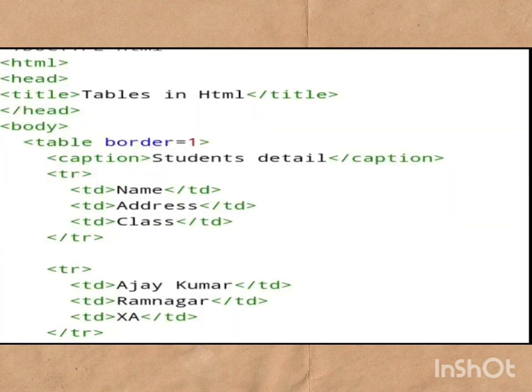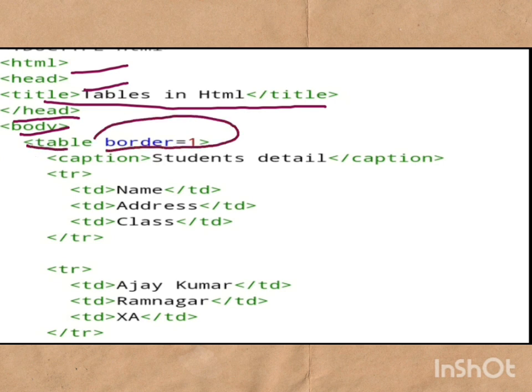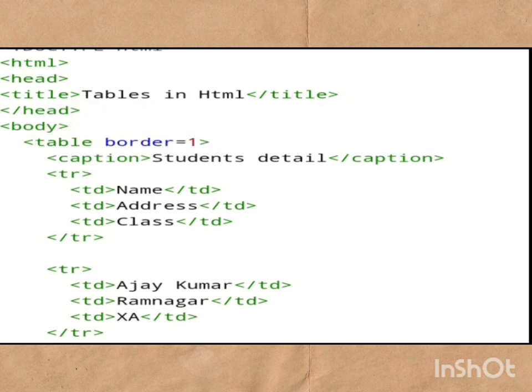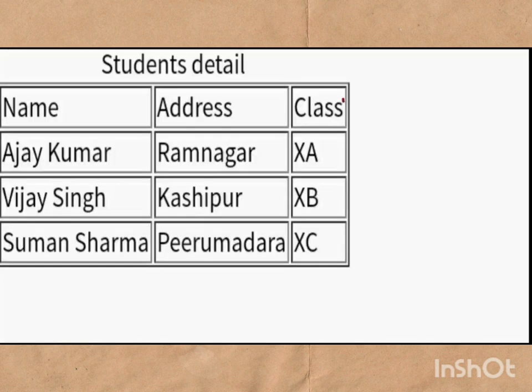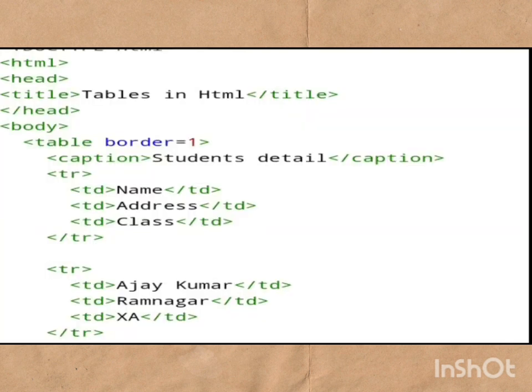Now see the program that I have created. Class, you all know about this HTML. You have to write head, you have to write title, and close head. Now class, body started here, and under that table tag I have used, and this is the attribute. Now class, see, you can see here this border is coming, these lines are coming. How is it coming? Because I have given the border. If you do not give this, then no border will come, and without border it will not look like a table. I will show you that program also.